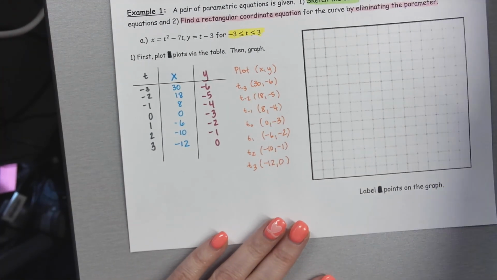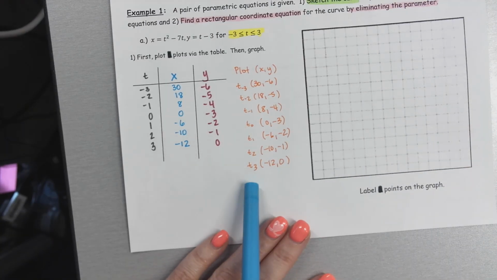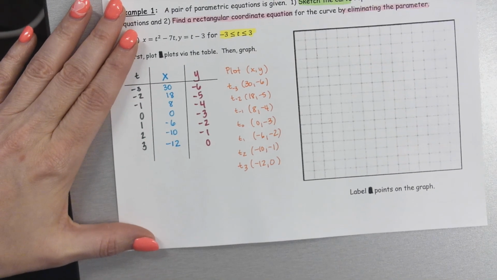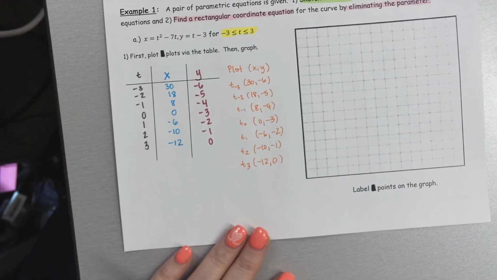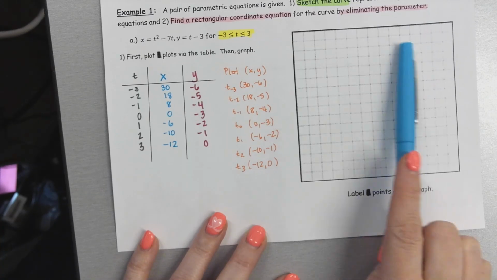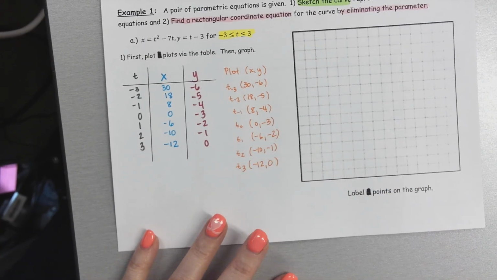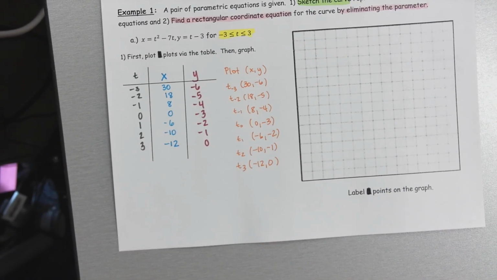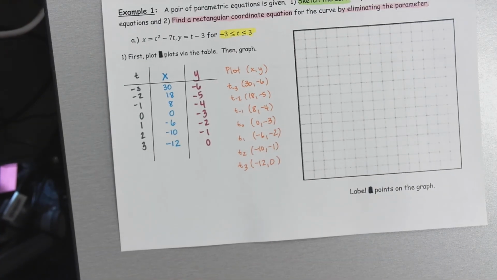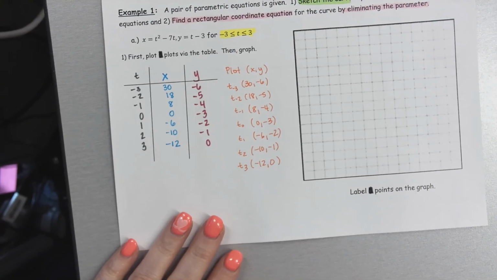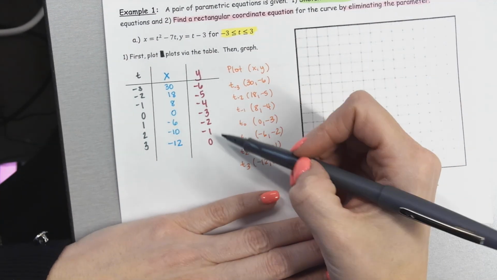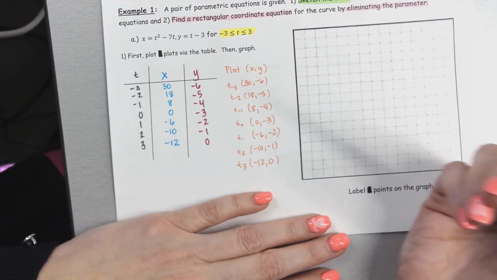Okay, so when this is label points on the graph, you are just going to label them with the t sub 3, t sub 2, t sub 1. And then as you're plotting out your paper, normally you don't have the confines of this, right, on your graph sheet. So really you could do whatever you wanted when you're doing this on your homework. But if I want to go out to 30 and then -12, I'm going to have to pick a scale. For y's, you're just to -6, so